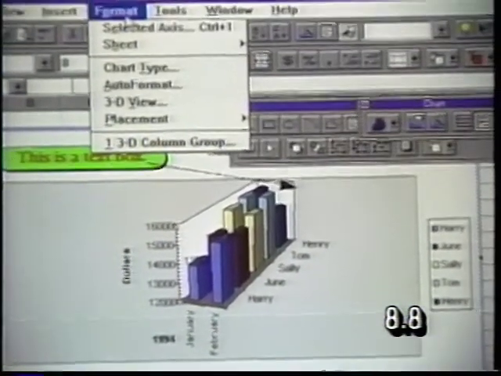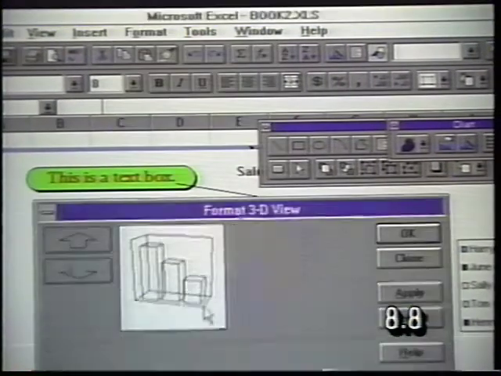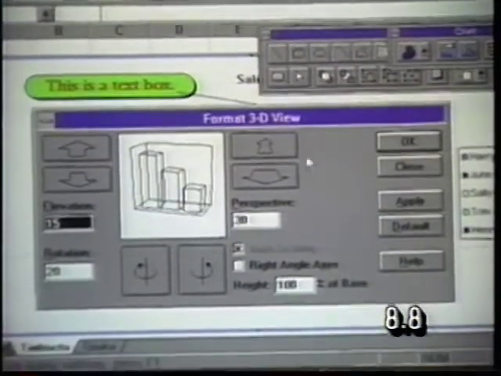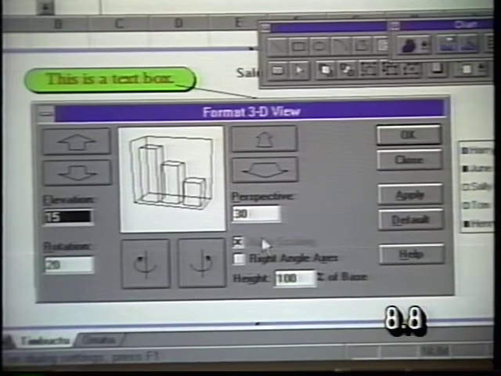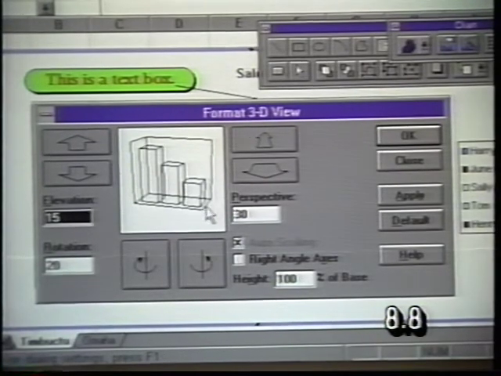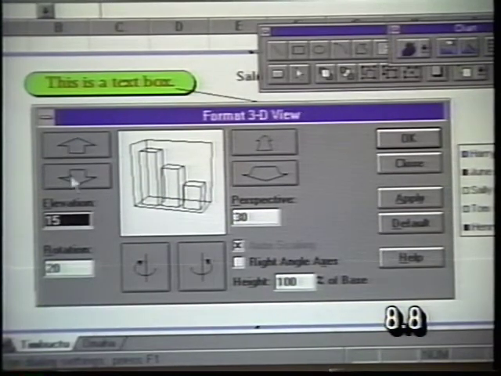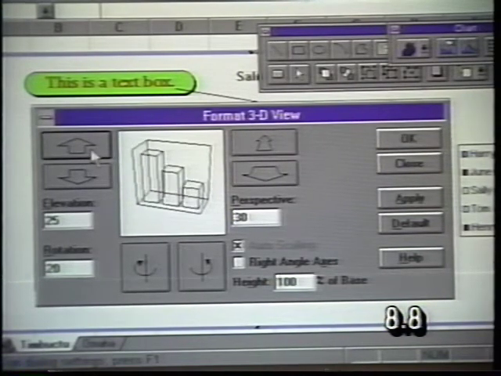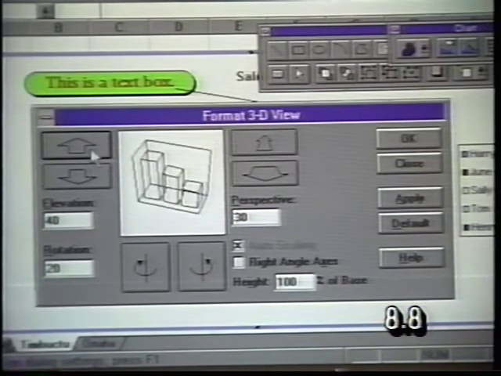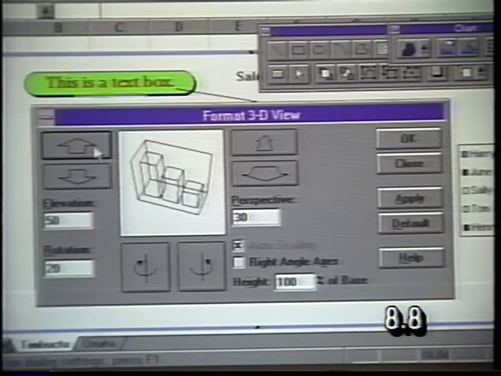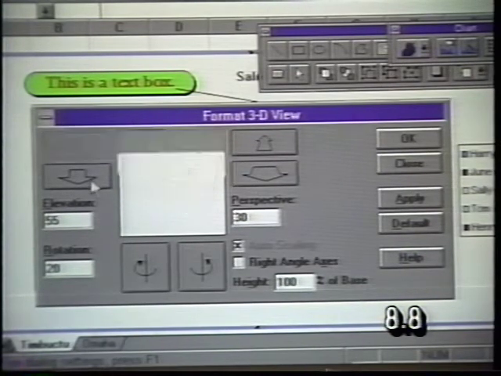Let's come up here and do a Format 3D View command. This is the 3D View dialog box. From here we can manipulate the chart in a number of different ways. Let's start over here on the left. We can change the elevation, that is our view horizontally or vertically of the chart. If we click on this arrow, our elevation increases 5 degrees at a time. Notice the little cage, as it's called here, moves as we click to give us an idea of what's going